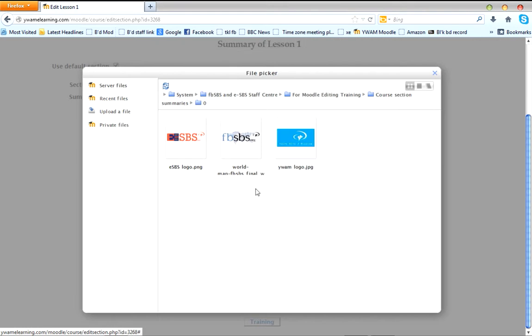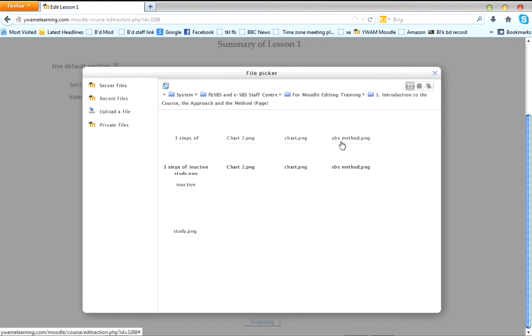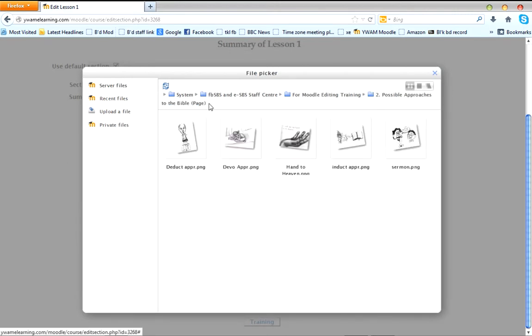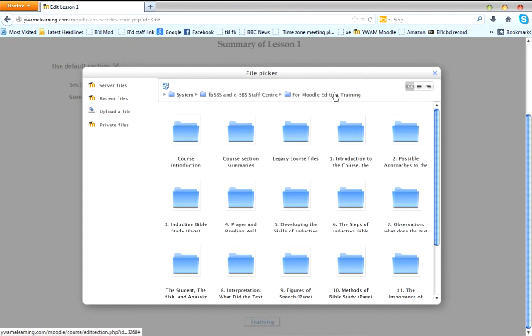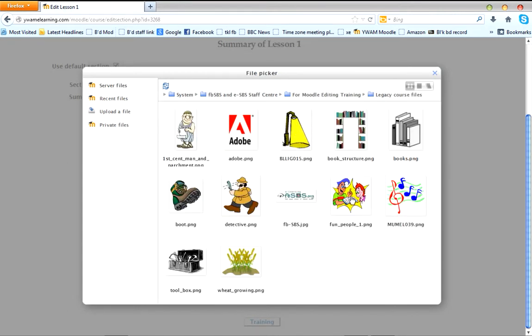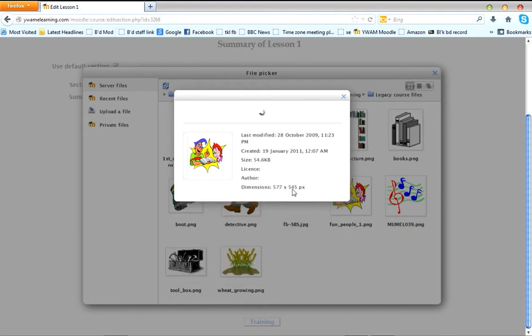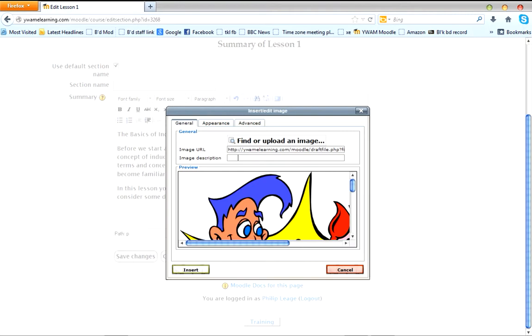So we don't find it there. Maybe here. We don't find it there. We don't find it there. Here it is. It's in the legacy file. So you click on that, you select it, you give it a description,